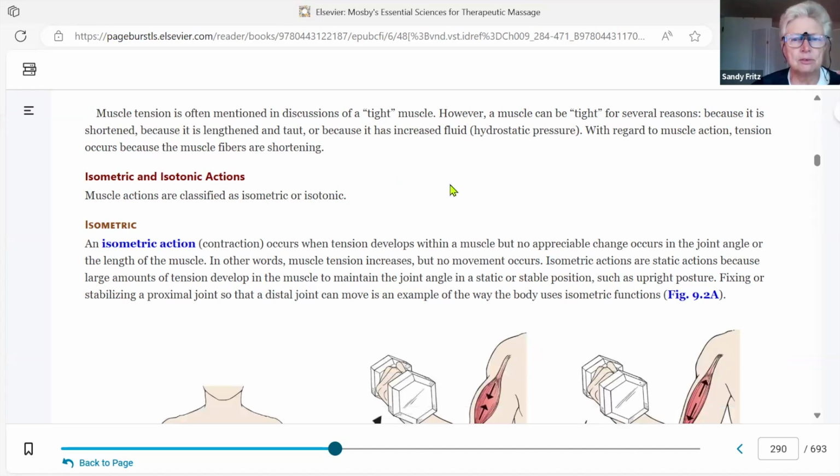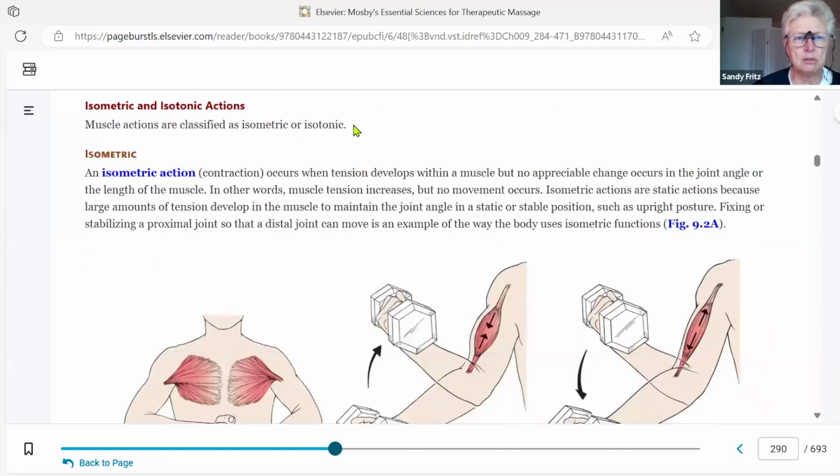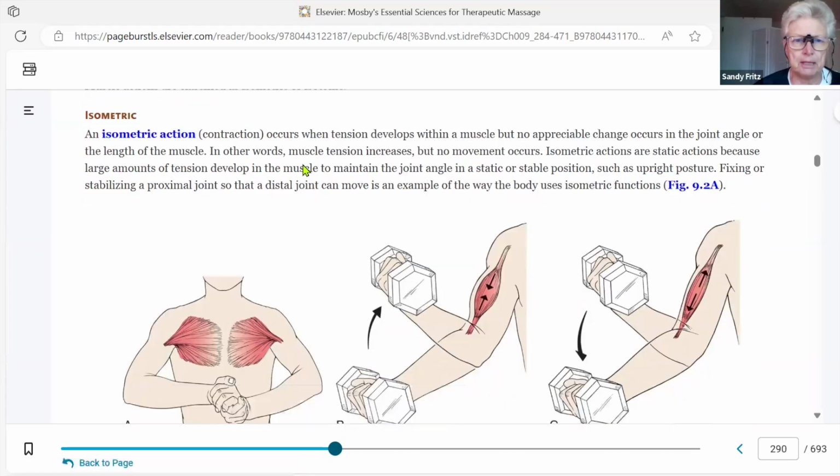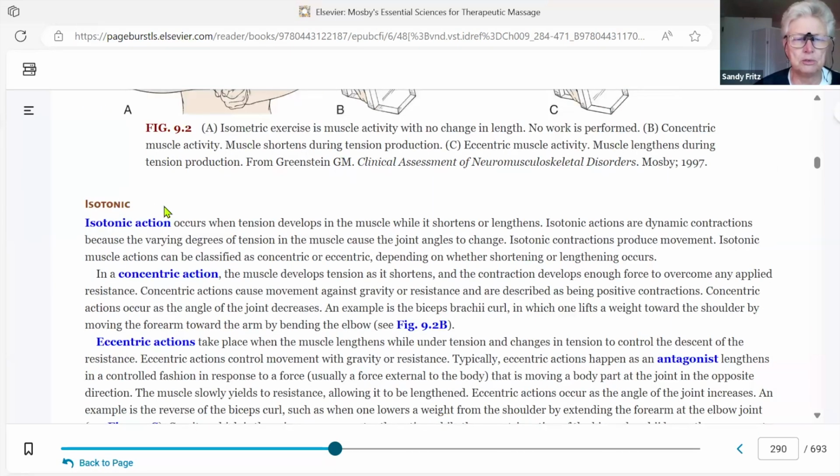When muscles act, they can do a few different things, just like you can do different things. You can go to work, you can clean the house, you can create art, you can play a musical instrument, but it's still you. So these are the different actions. We've got isometric, isotonic,